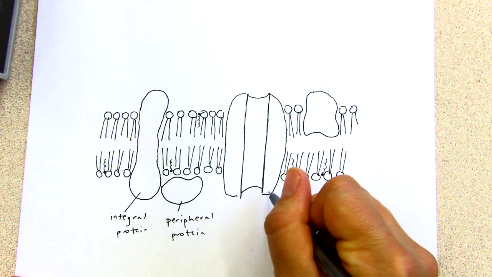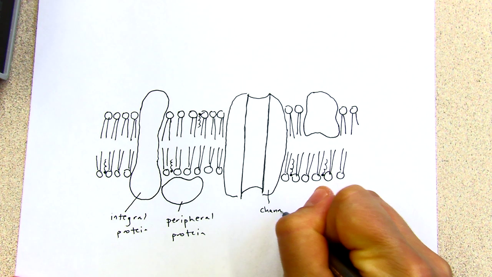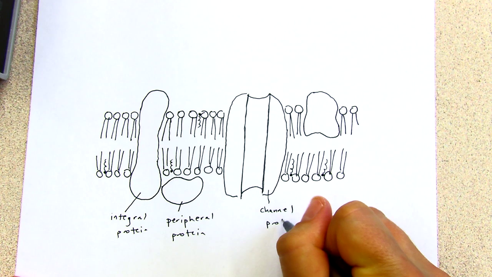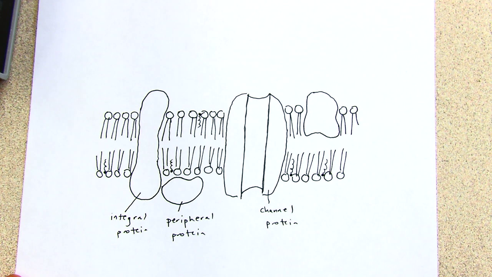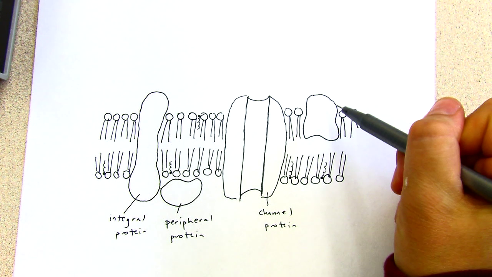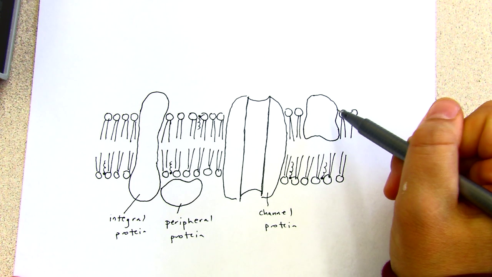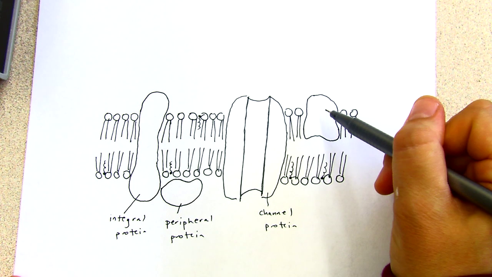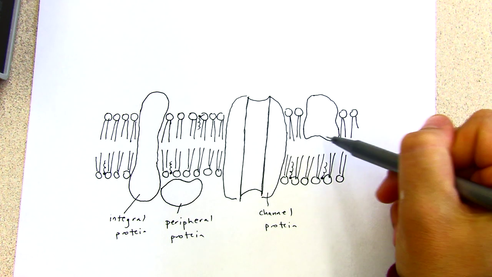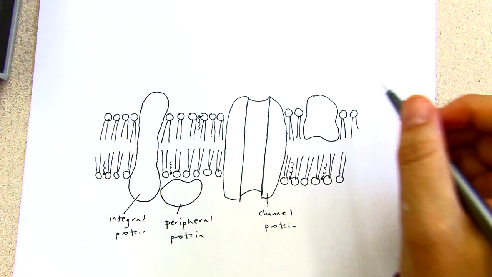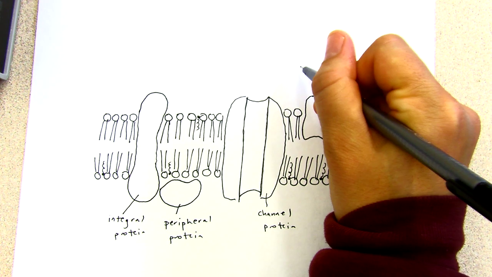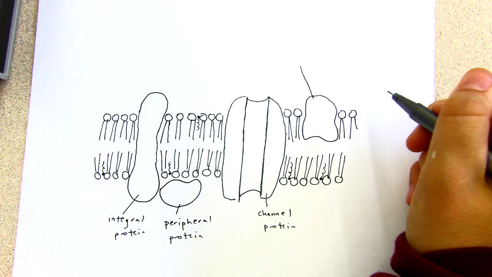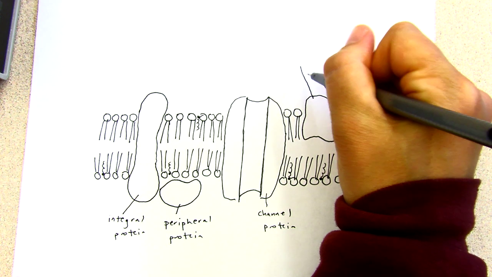This is a channel protein. Channel protein allows for facilitated diffusion. And then this is another integral protein. It's not a transmembrane protein, but it is an integral protein because it goes down into that hydrophobic layer. I'm going to make it into a different kind of protein. It's still an integral protein, but it's also, once I add something,